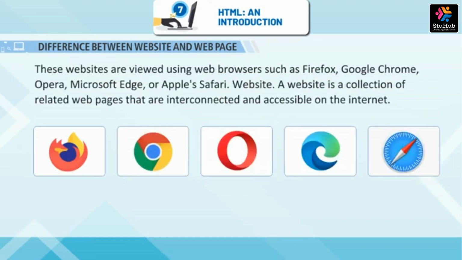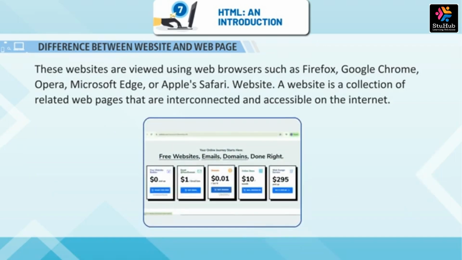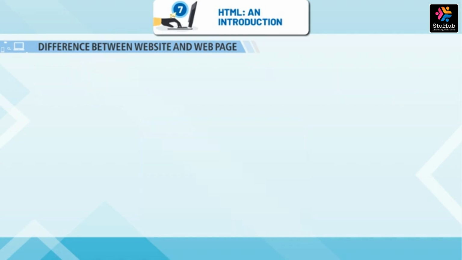These are viewed using web browsers such as Firefox, Google Chrome, Opera, Microsoft Edge, or Apple's Safari. Website. A website is a collection of related web pages that are interconnected and accessible on the internet.